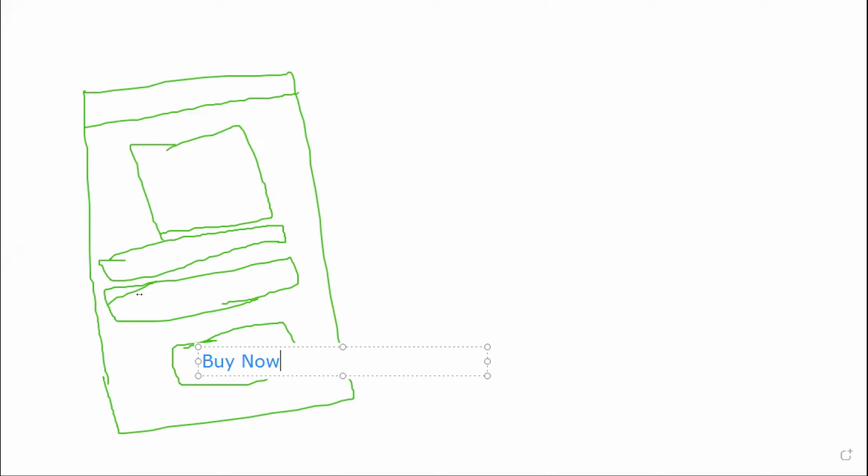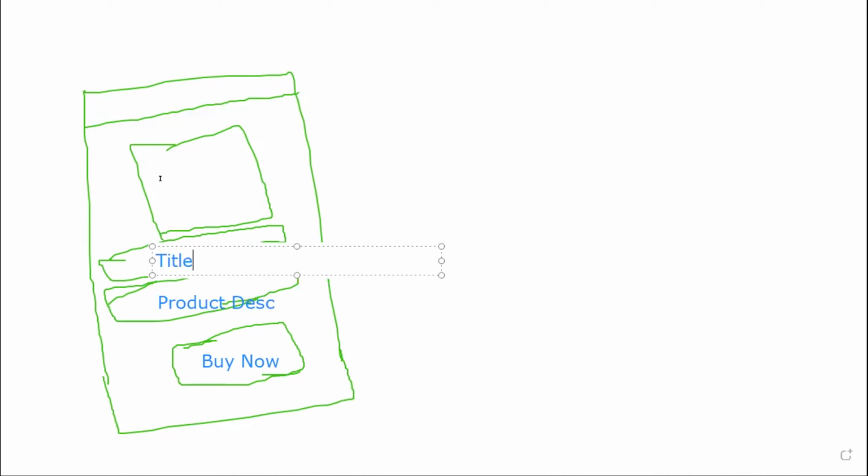This is our product description, this is our title, and we have an image. Clear? Yes, Roshan. First we will design this type of application. We have a product image, then product title, product description, and then we also have a product price, like $10.